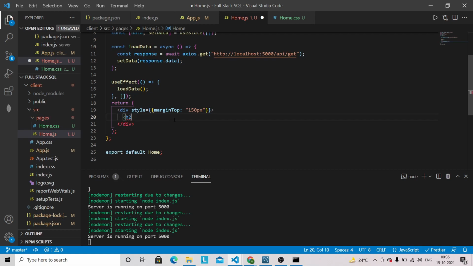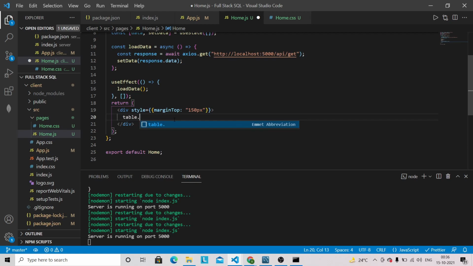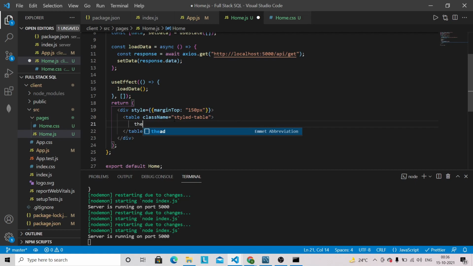And after that I'm gonna have a table with the class name styled-table, and then I'm going to use thead, then table row, and then we are going to have a column name as a th. So th, it will be number,